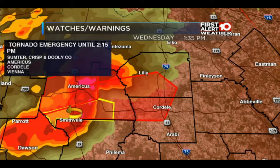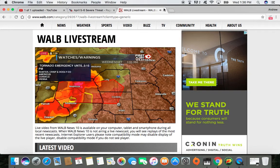We have been talking to Sheriff Pete Smith, trying to get more information out of Sumter County, also trying to get in touch with Nigel Poole, who is the Emergency Management Director in Sumter County. Sheriff Smith told us that he's busy right now. He's actually moved his prisoners to a bottom floor at the jail to try to